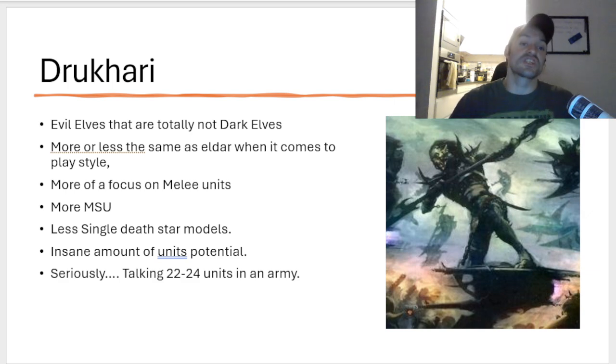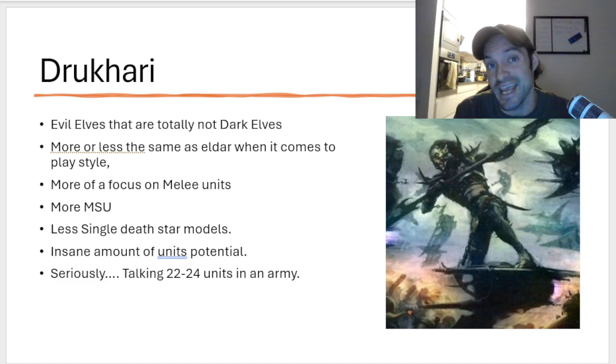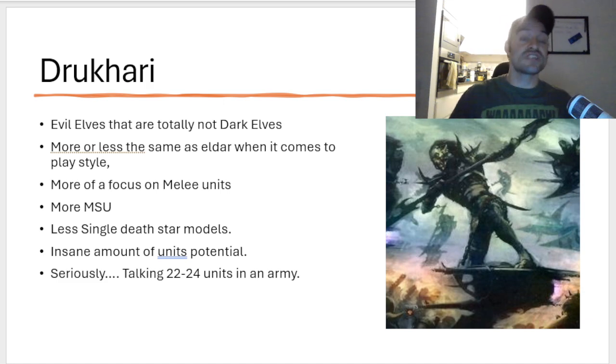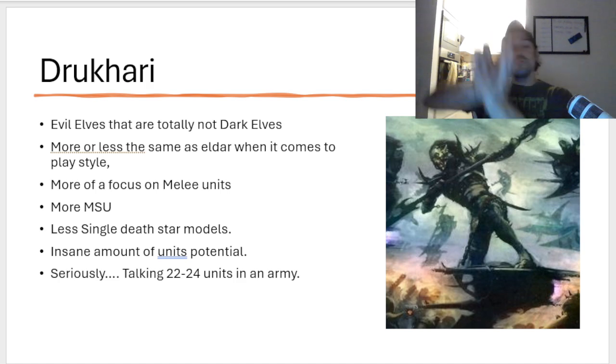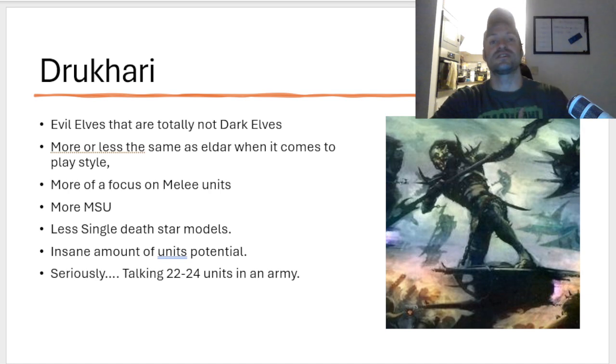So, for example, there's going to be more of a focus on your melee units in your Drukari. They've got some really insanely efficient anti-infantry units in the army, especially in the melee. But they also have one of the most efficient shooting platforms in the game in the form of Scourge. So Scourge have the ability to blast you and then move so that they can't be shot. It's a very, very strong ability that's not tied to CP,